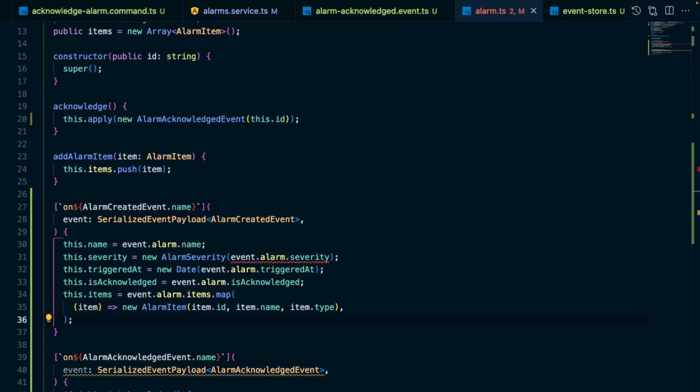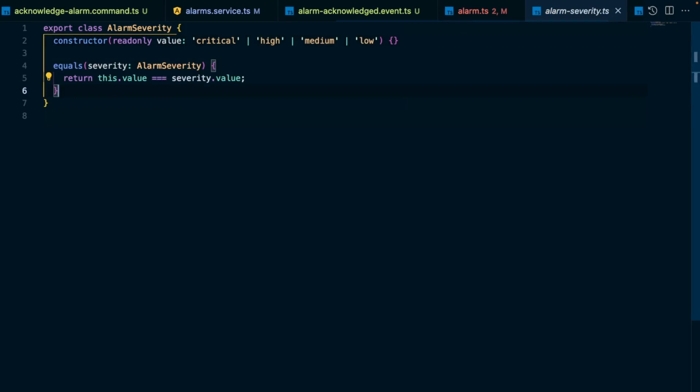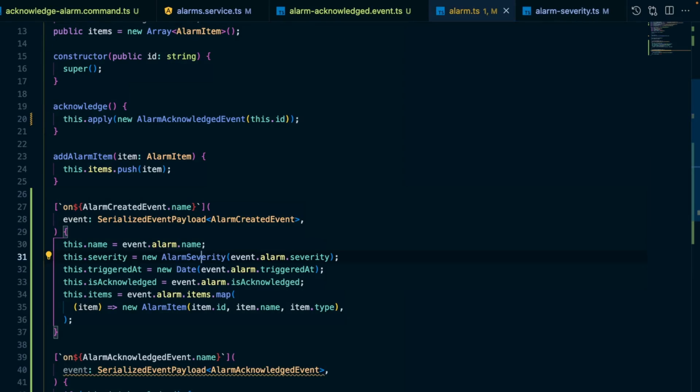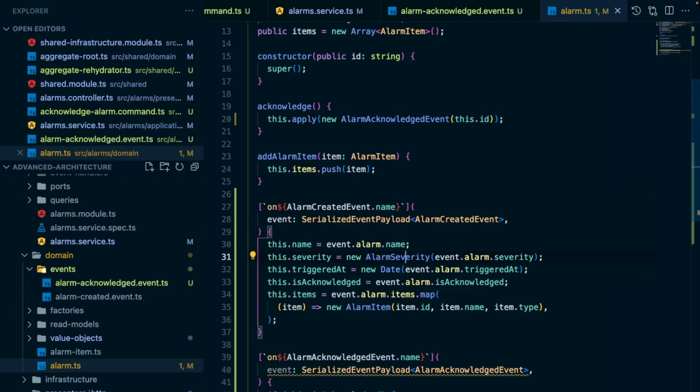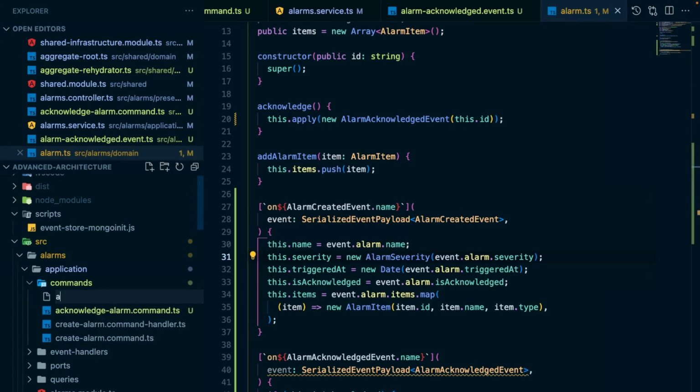But we need to do a few more things in some other files to make everything work as expected. So let's navigate to the alarm severity and let's add a missing toJSON method. Great. Now, if we go back to our alarm, we can see that the error is gone. Excellent. With our aggregate updated, let's navigate to the commands folder in the application layer, and alongside the acknowledge alarm command TS file, let's create another file there called